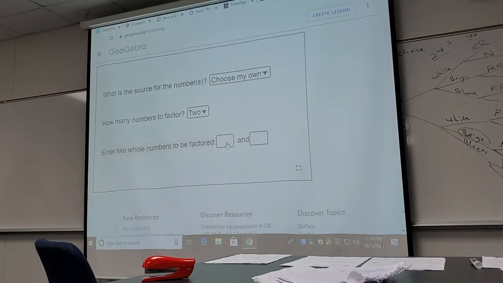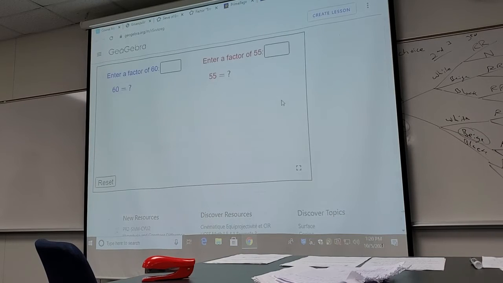Let me see what else I want to show you here. Real quick, this is kind of nifty. Let's see. What's some good numbers, Jeff? Let's do 60 and 55. All right, so what's it going to do? It's going to help me create a prime factor tree. Remember making those things? It's not going to look like that, but